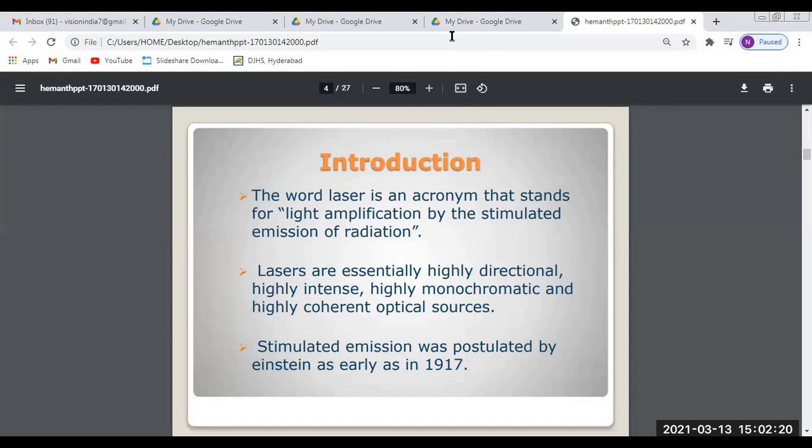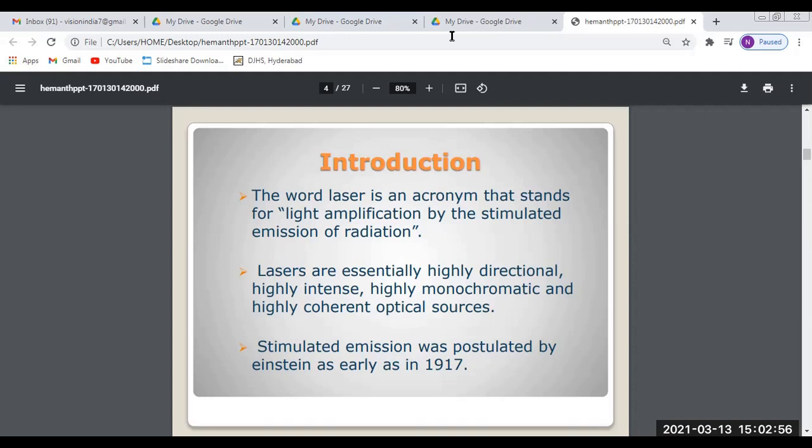So we'll start with the laser. Actually, the laser is an acronym which stands for light amplification by the stimulated emission of radiation. With this, we start with the important characteristics of lasers. Lasers have a special characteristic with respect to normal light, which is a non-monochromatic source of light. So laser light is highly monochromatic and highly coherent, and also it exhibits the special property of high intensity